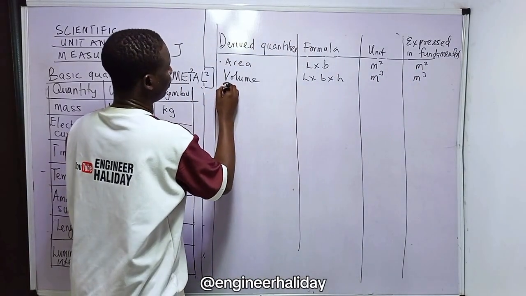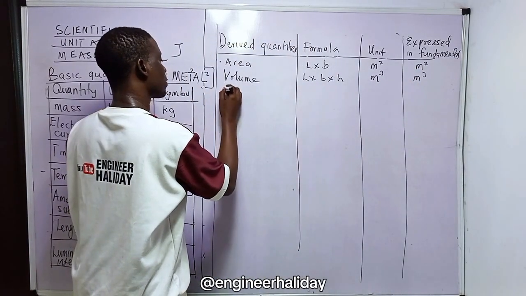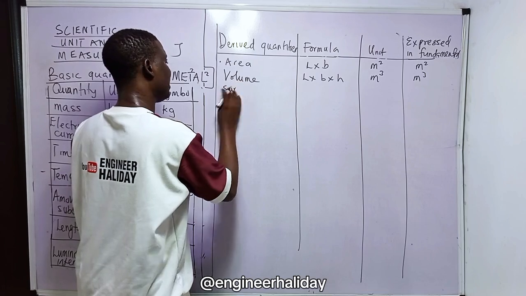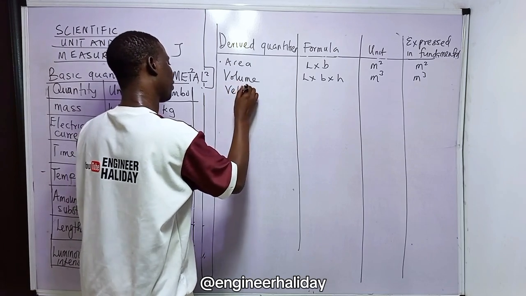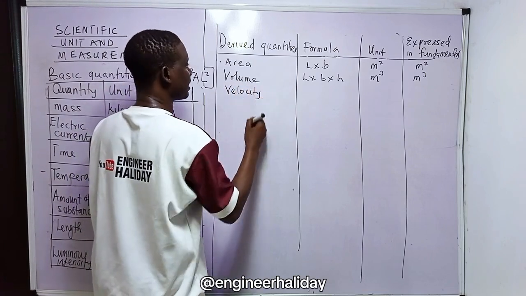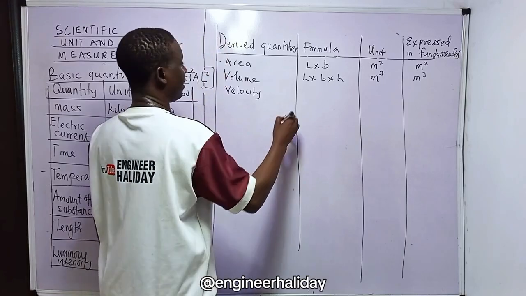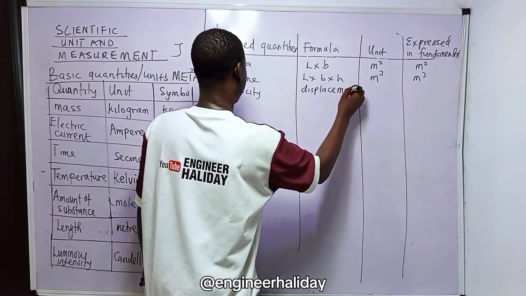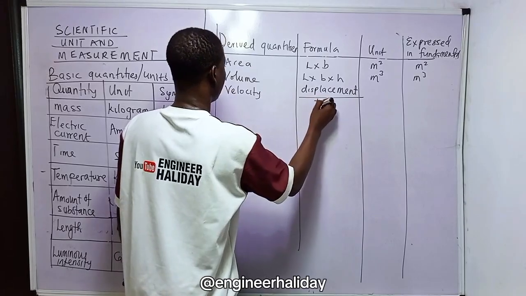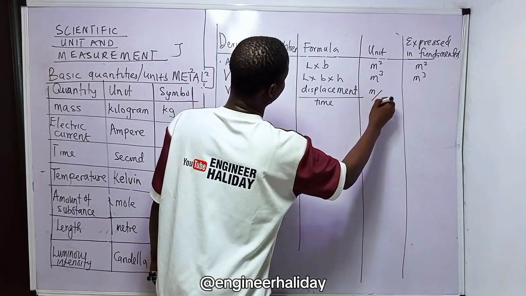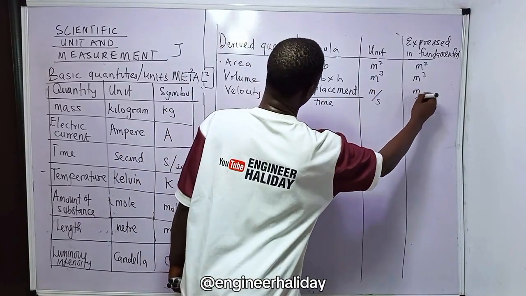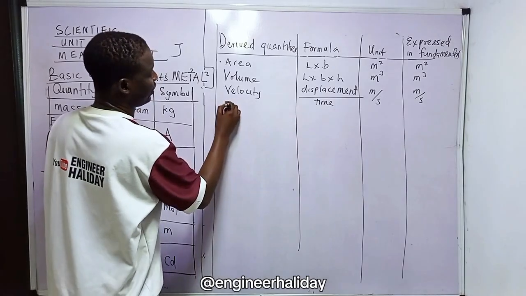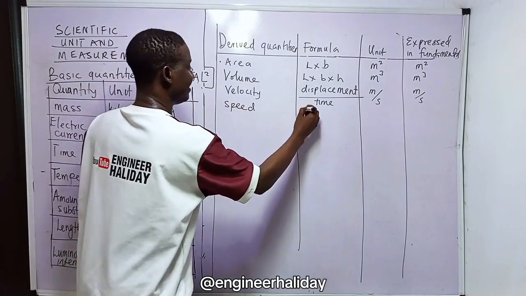We have what they call surface. Okay, before I give that, let me give velocity. Now, velocity and speed have different formulas. Velocity is displacement over time, measured in meter per second. Meter per second. While speed is